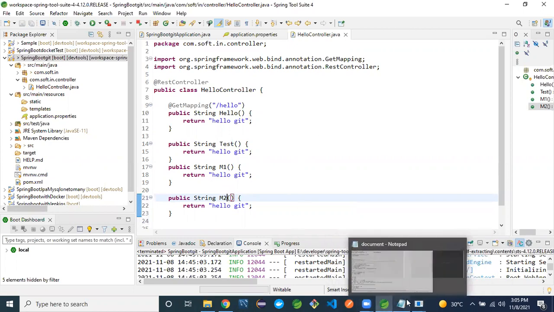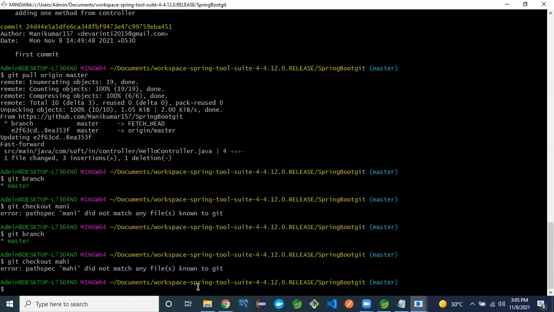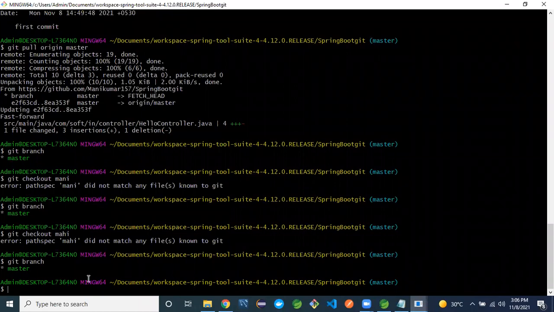Go to Git Bash here. Git branch. Currently we are on the master branch. Create one branch: git branch money.